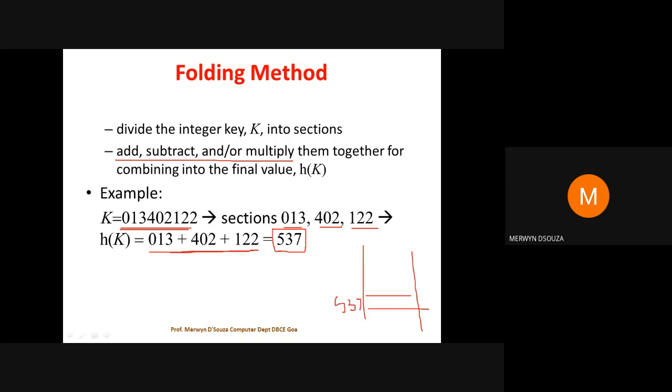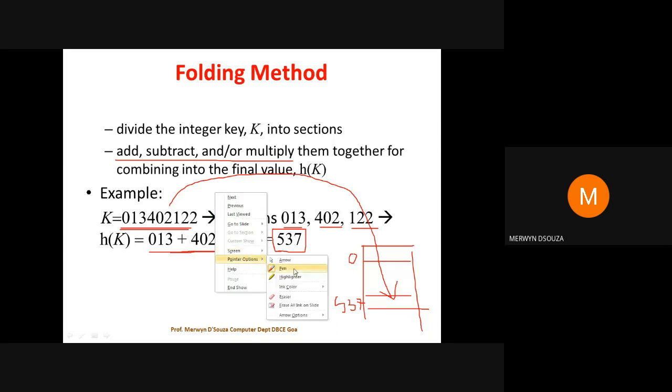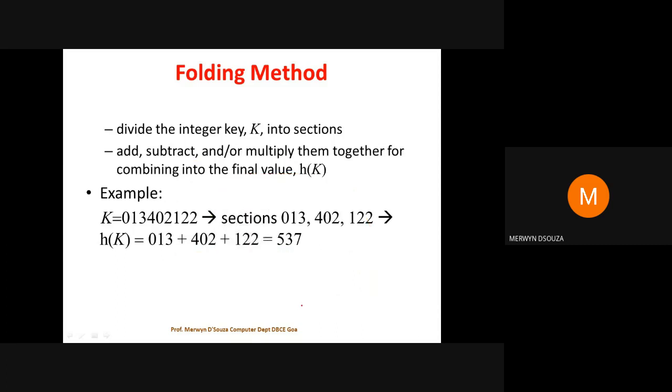You're starting the numbering at 0, and there will be 537 somewhere. At index 537, you're going to store this value 013 402 122. This is how you apply the folding method of hash function.